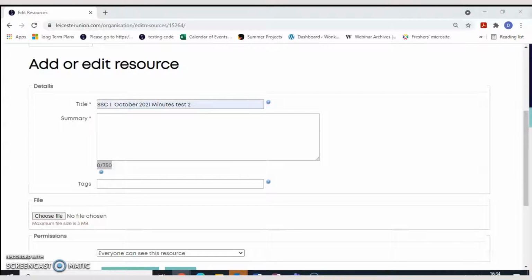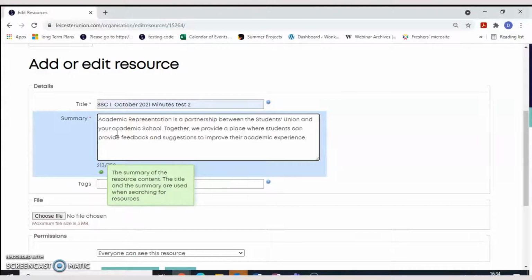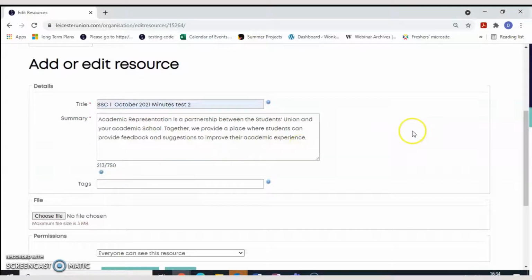For the purpose of this exercise, I am only going to add a sentence from the SU website. For example, academic representation is a partnership between Students' Union and the academic school.